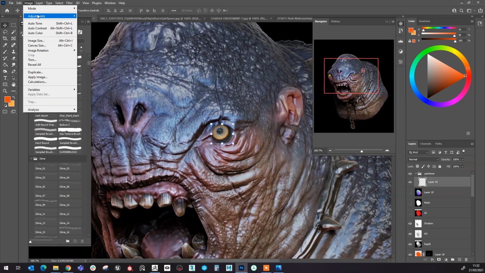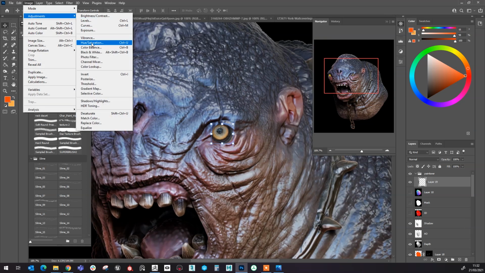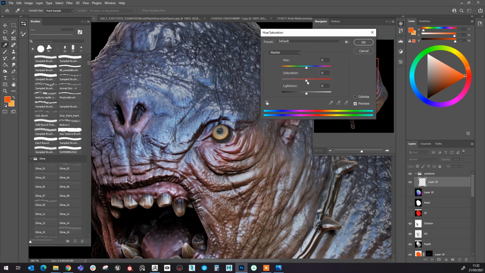And then go into the hue and saturation and bump up the hue, drop the lightness, and play around with these extra hue settings depending on what kind of eye you want. I'm going to go for an orange,